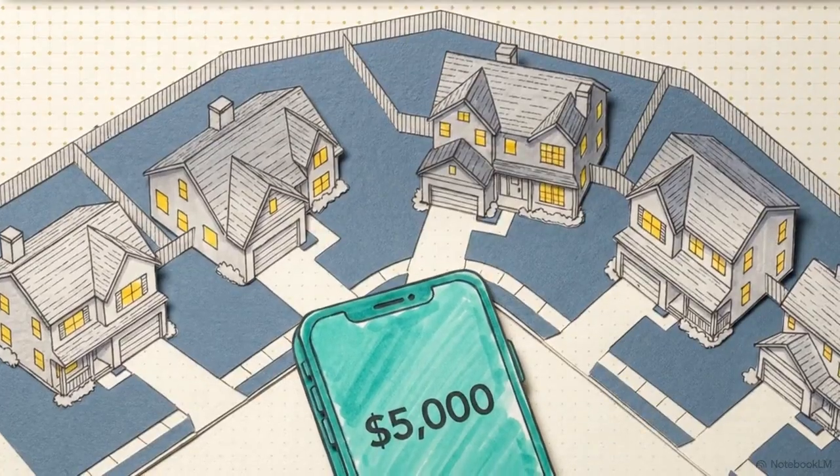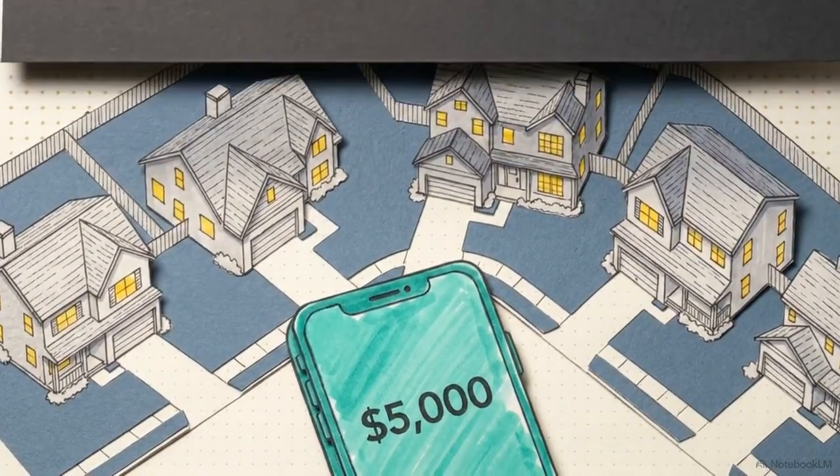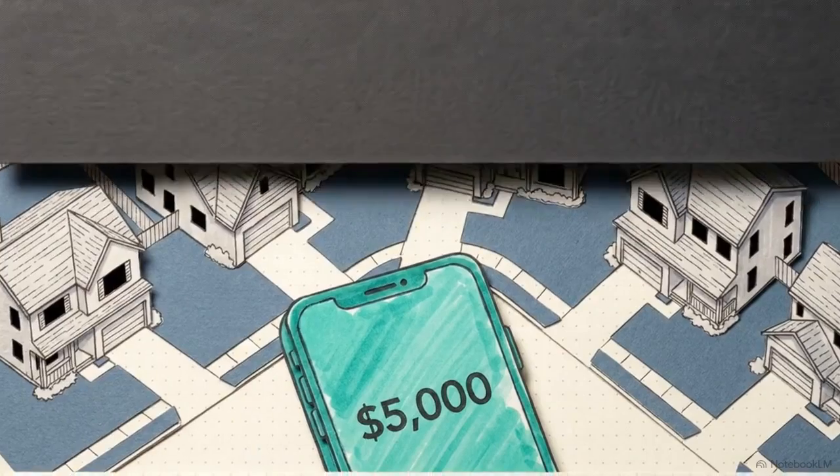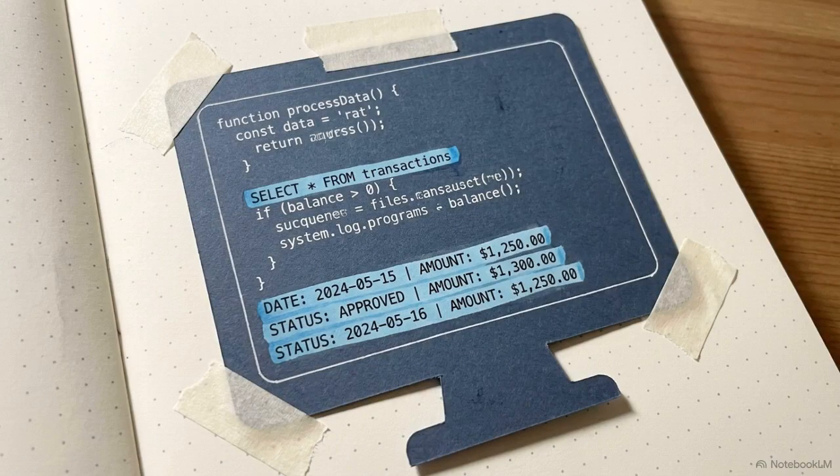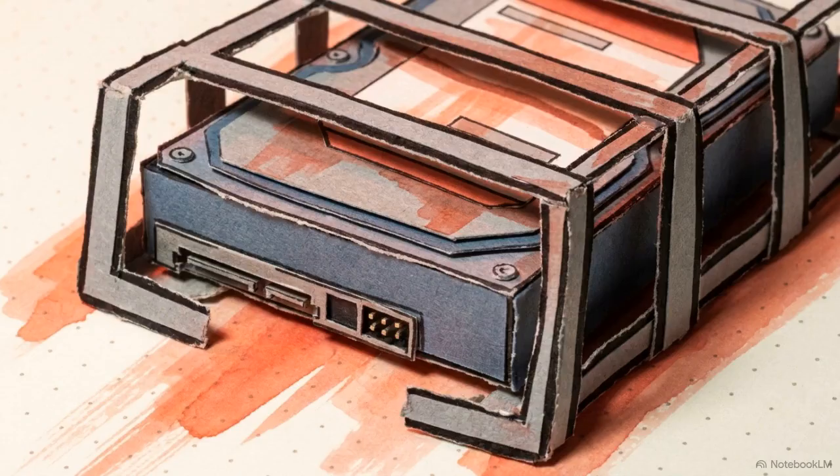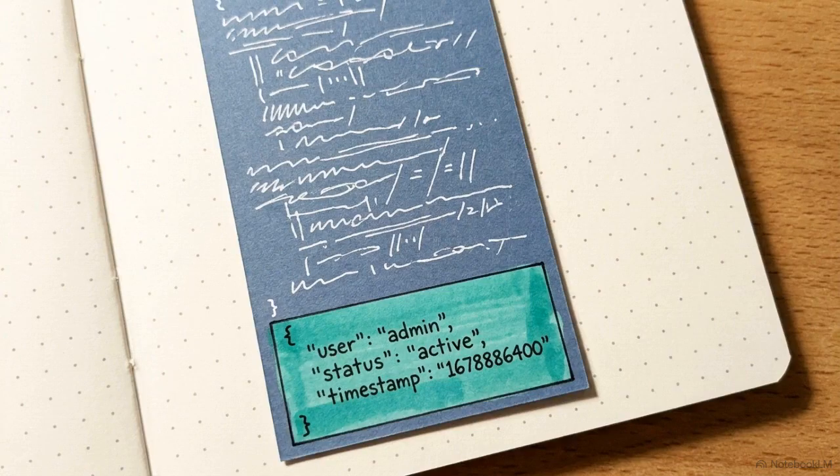Yet, when the power cuts out in your neighborhood, your bank account doesn't vanish. The database intercepted the write before it ever touched the table. Reliable databases operate on one single rule. Never alter the real data until you have recorded exactly what you are about to change in a secure, isolated location. That secure location is the write-ahead log, or WAL. It acts as the mandatory first stop for any data trying to enter the system.